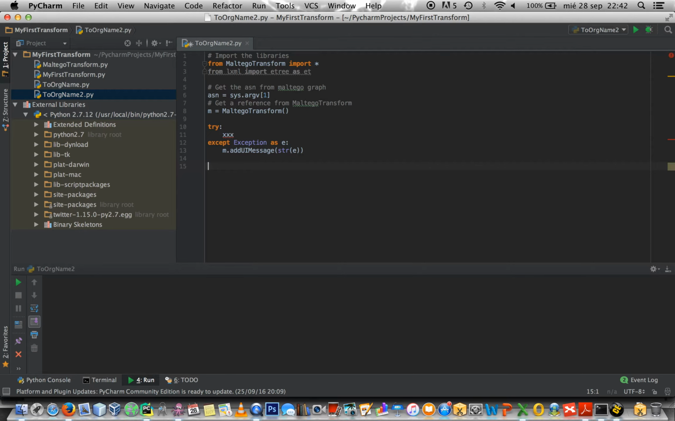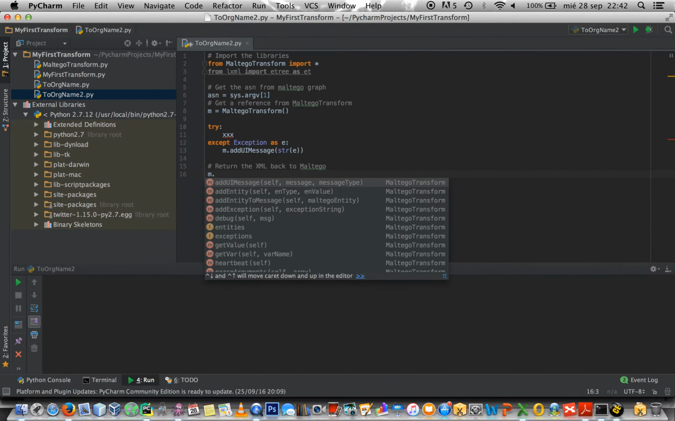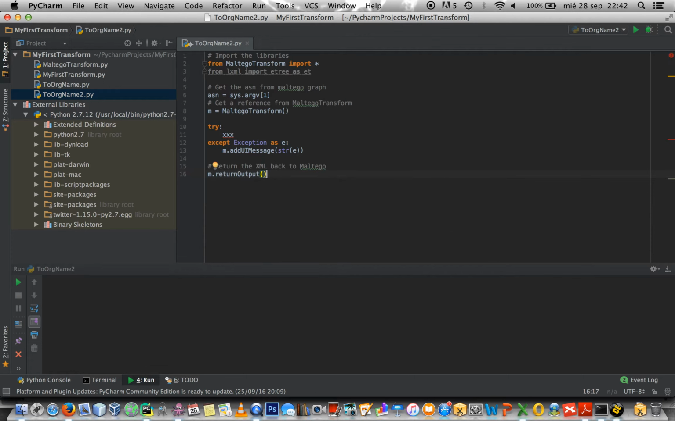Okay, always the last step within your own local transform will be to return the XML back to Maltego. So in order to do that, you have to reference return output. So let's start by coding this local transform. So the first step will be I'm going to read the XML file, and in order to